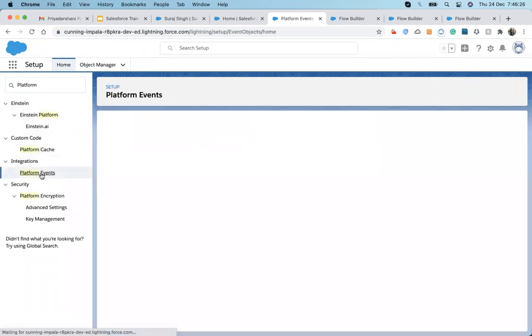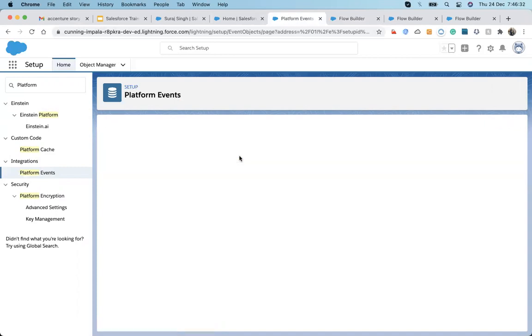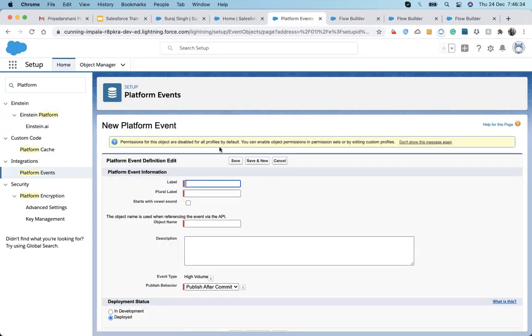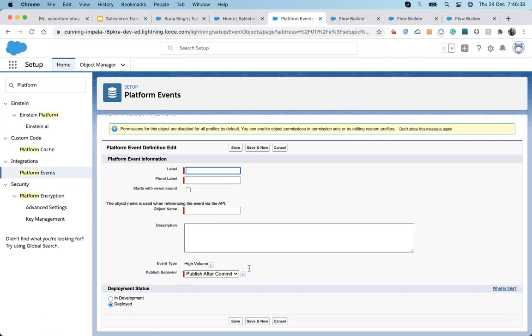Yeah, here. You remember this UI, you know about this thing. So I will be creating a notification.